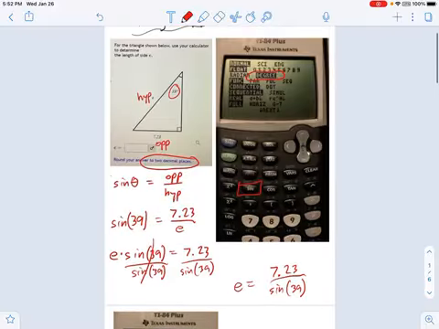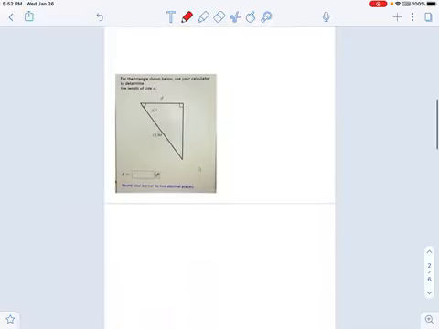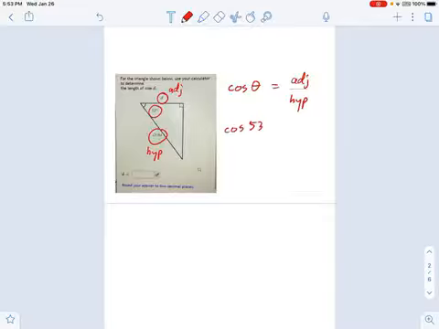Okay, so that was an example of how to use sine. Let's just do another one. This should be quicker. This time I'm looking for D, and I'm given the hypotenuse and an angle. So up here, we've got the adjacent. Down here, I've got the hypotenuse. Which trig function relates adjacent and hypotenuse? Well, that is cosine. So I'm going to write that out here. And now I put in what I know. Theta is 53 degrees, and adjacent is D, and hypotenuse is 15.94.